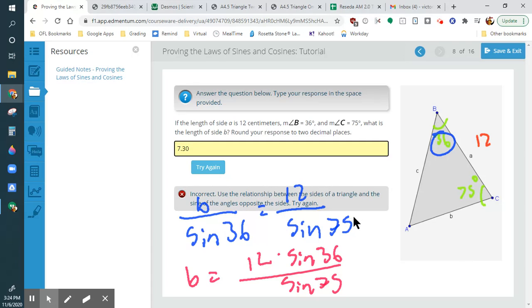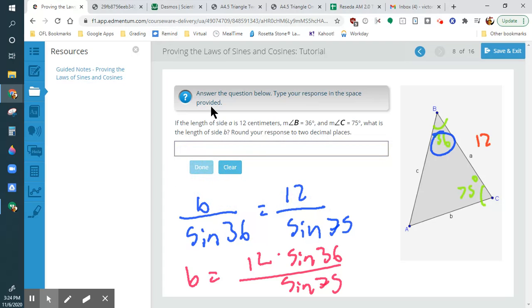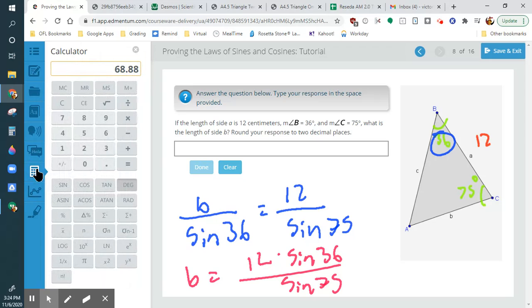Edmentum, how did you calculate it? This is the part that kind of stinks: round off error is a big factor when doing this. Edmentum is probably not calculating it with the proper round off error, so I'm not going to know what they have. So what I'm going to do is